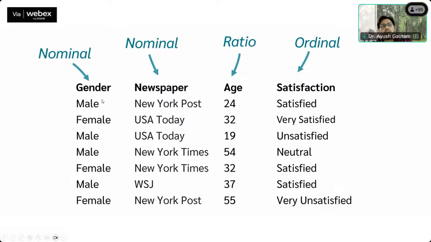There is a different perspective to understand this. Nominal data is data which is not in numerical form, which is categorical data, but there is no sequence in the data. Male, female: either person can be male or female. But in the ordinal data there is an order.